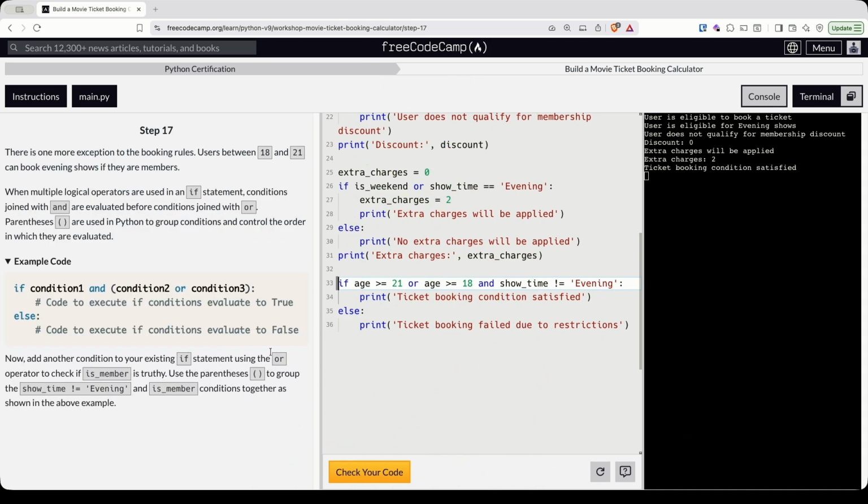Step 17. There's one more exception to the booking rule. Users between 18 and 21 can book evening shows if they are a member. When logical operators are used in an if statement, conditions joined with and are evaluated before conditions joined with or. Parentheses are used in Python to group conditions and control the order in which they are evaluated. So here's an example, condition 1 and condition 2 or condition 3. So in this case, we would evaluate this part of the expression, and then we would evaluate the result of